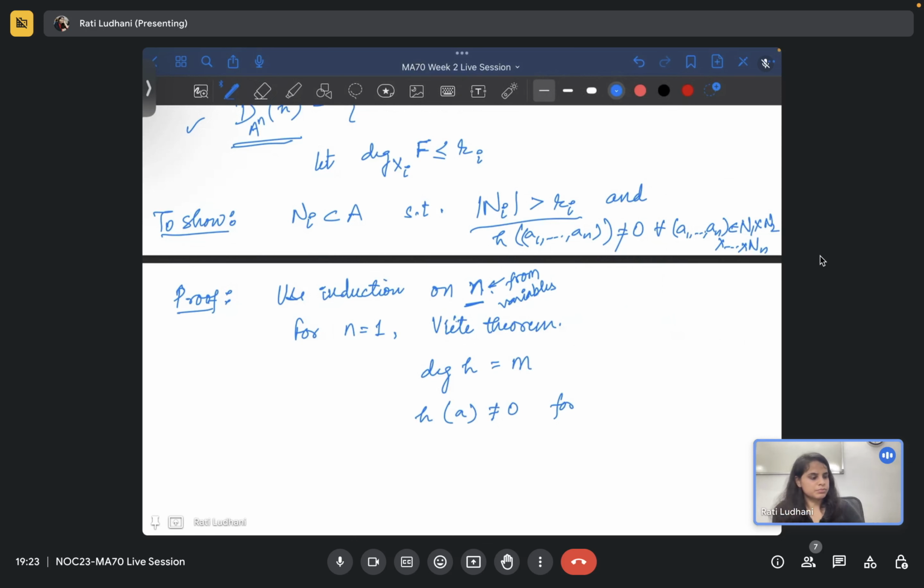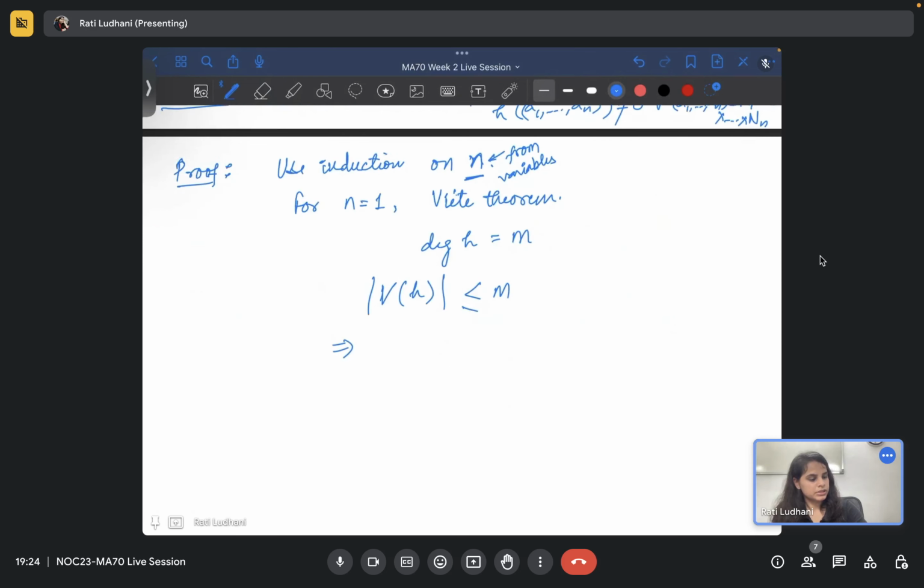Okay, so that's we can write this. So V of h has cardinality less than or equal to m. So this implies D of h, which means all those points at which it is non-zero. So n is just 1. This will be infinite. This cardinality is infinite,